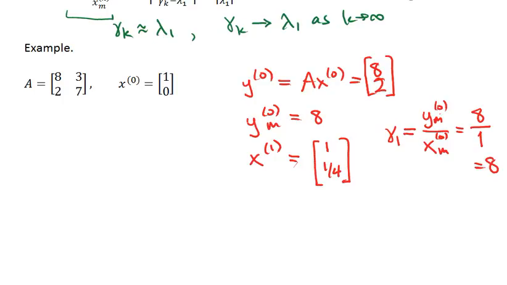Actually, this is a terrible example because I've picked an eigenvector, right? So I've actually picked, you notice that this is equal to